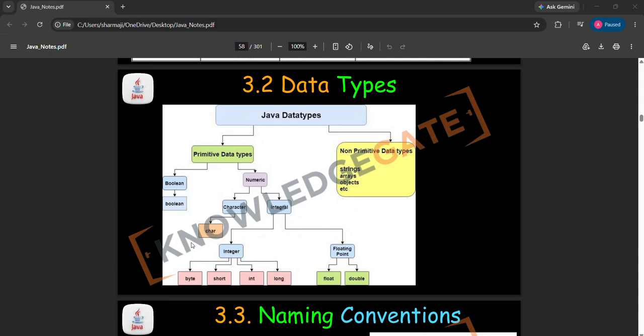There are two types of data types, primitive and non-primitive. Primitive data types are of two types, Boolean and numeric. Boolean has a Boolean value, either true or false. Numeric is also divided into two types, character and integer. A character is stored in the char data type, and integer has many data types, for integer and floating values. Integer has byte,